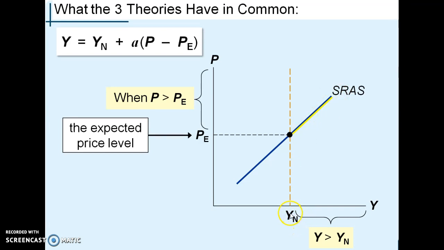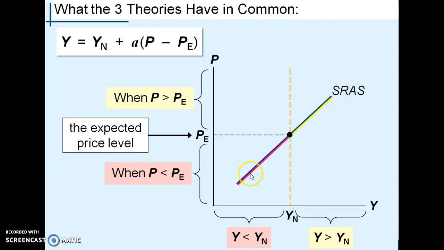So this is, if your natural rate is like producing $18 trillion worth of goods, short term, if prices are higher than expected, you might be able to produce, let's say, 18.5 trillion. But eventually that's not sustainable and you go back to your natural rate of 18 trillion. If price levels are lower than expected, you can go below your natural rate, maybe 17.5 trillion. Eventually, though, price levels will adjust and you go back to your natural rate of, let's say in my example, 18 trillion. So just so you can kind of see how the three theories can cause your GDP to vary